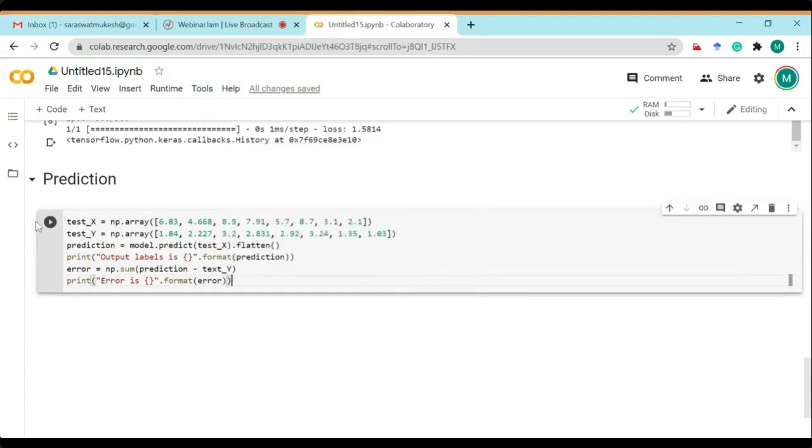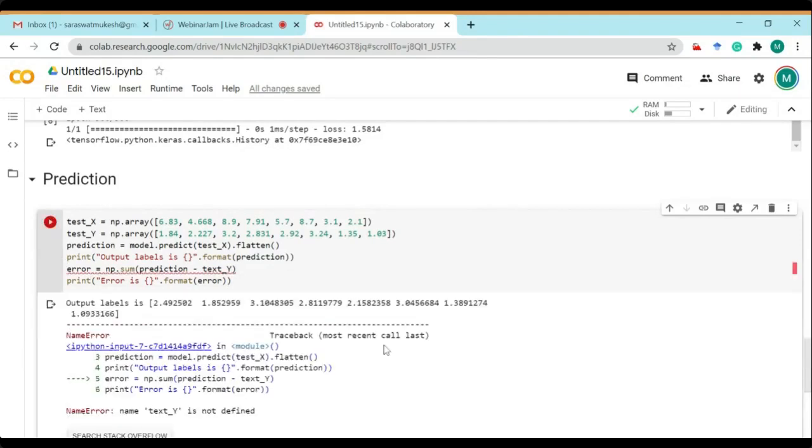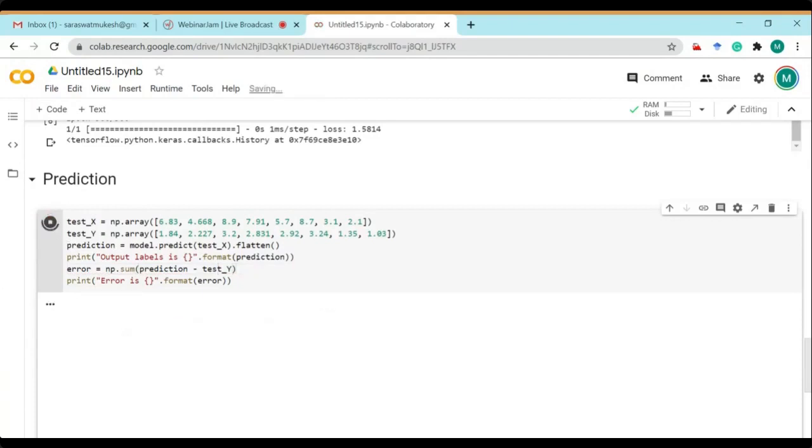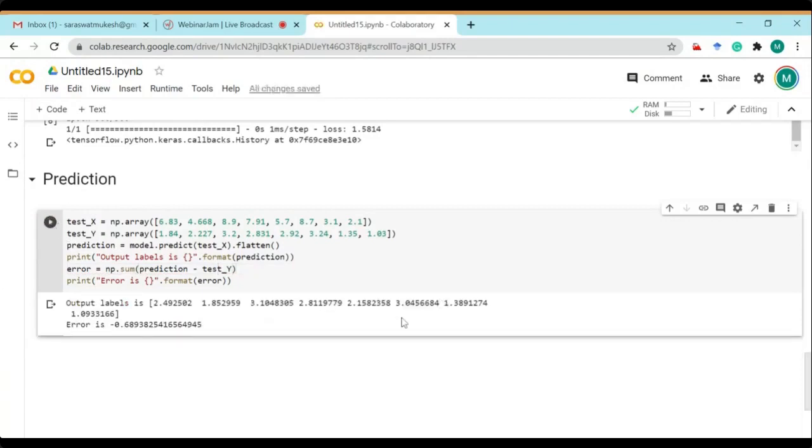So let's try to execute this. There is an error: test y is not defined. Okay, this is test y. Let's execute again. Now you will see the output labels.